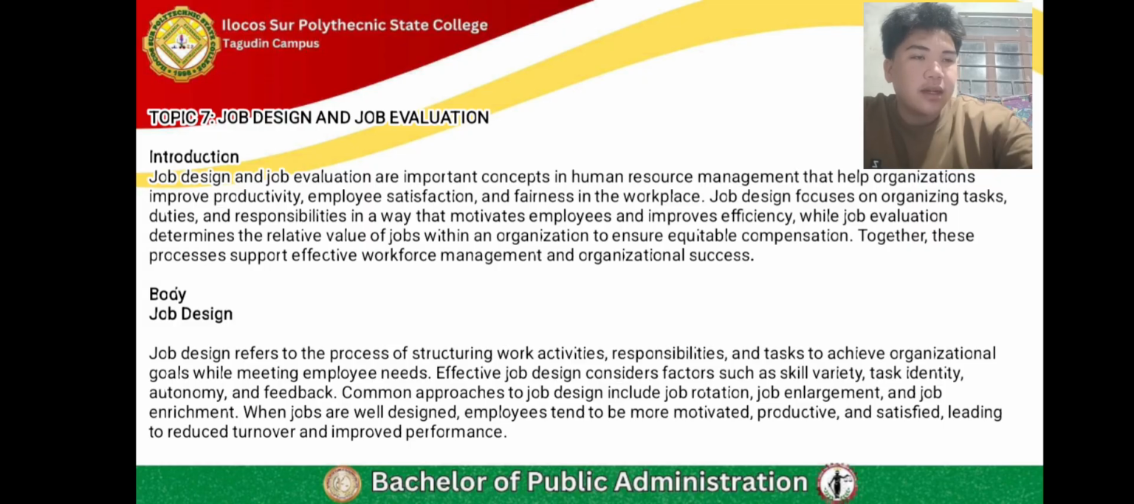Job design refers to the process of structuring work activities, responsibilities, and tasks to achieve organizational goals while meeting employee needs. Effective job design considers factors such as skill variety, task identity, autonomy, and feedback. Common approaches to job design include job rotation, job enlargement, and job enrichment. When jobs are well designed, employees tend to be more motivated, productive, and satisfied, leading to reduced turnover and improved